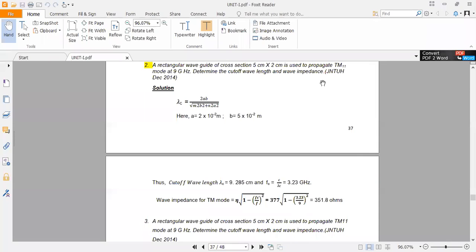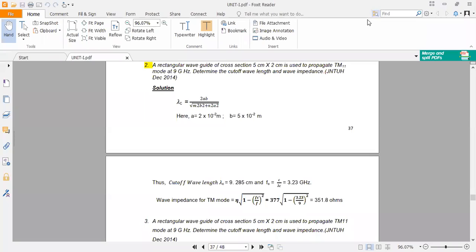This problem, any difficulty? So same problem, if I want to do it for TE11, what are the changes I need to do? Tell me. Here in this problem, it was given TM11. So suppose I want to do the same problem for TE11. Tell me what are the modifications I should do. Ma'am, for the TE mode, we'll be doing eta by... 377 by...